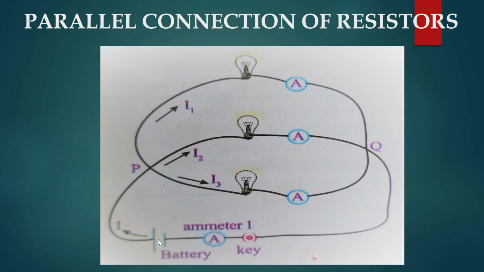That is, when the current is passing from the positive terminal and before it comes back to the negative terminal in the circuit, it is being divided at this particular point, that is P. It is divided into I1, I2 and I3. So you have got three different paths of flow of current through this circuit, and when they come out through Q, we see that the sum of the currents entering into this junction will be equal to the sum of the currents leaving this junction.